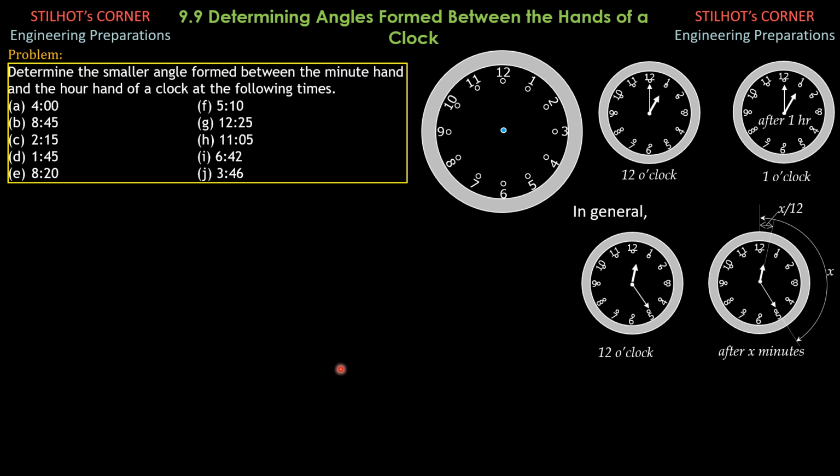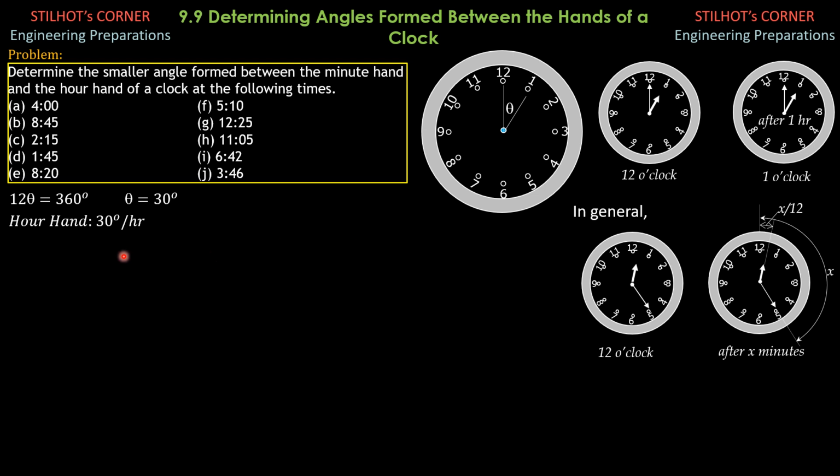So therefore, for the hour hand, before we proceed, we need to know the angular spacing between marks. So let's call the angular spacing between marks theta. And since there are 12 equally spaced marks, 12 theta is equal to 1 revolution, and 1 revolution is 360 degrees. So theta therefore is 30 degrees. That's why the speed of rotation for the hour hand is 30 degrees per hour.